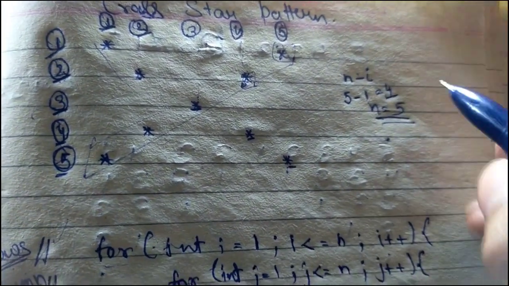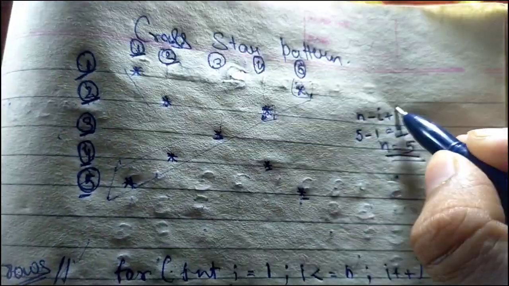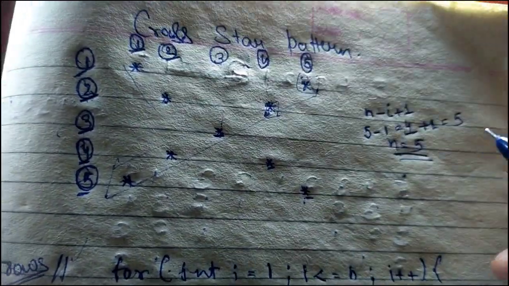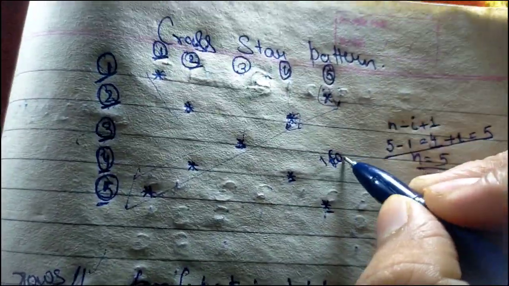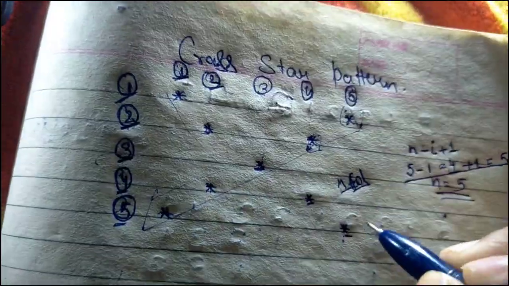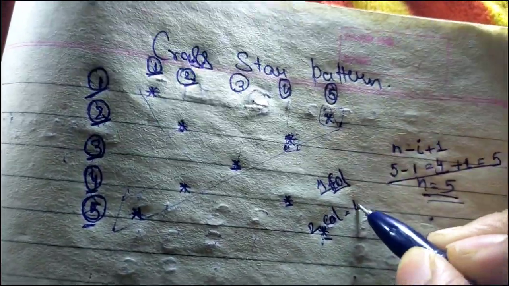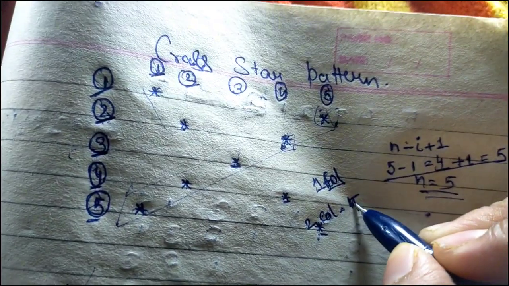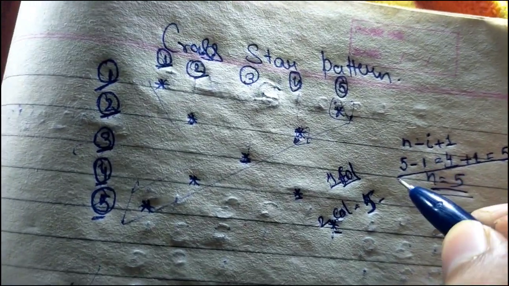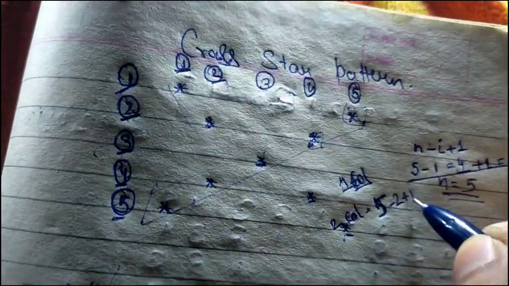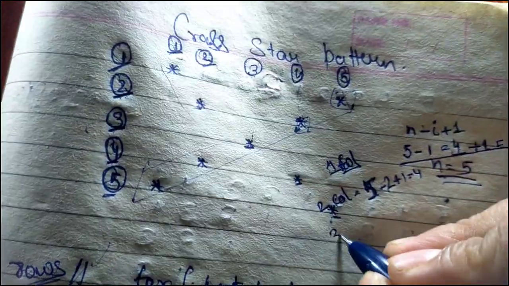We just add plus 1, so it will become 5 for the first column. For the second column it will become 4: n is 5 minus i which is 2, plus 1, that is 5 minus 2 is 3, plus 1 is 4. Okay, for the third column,